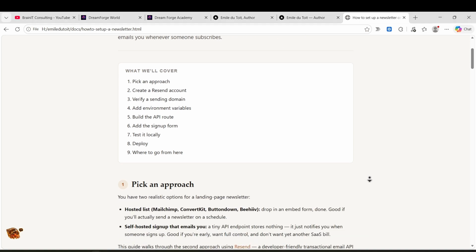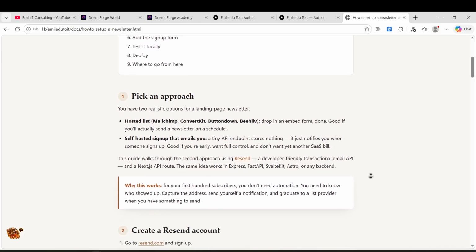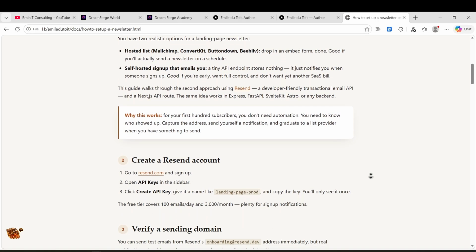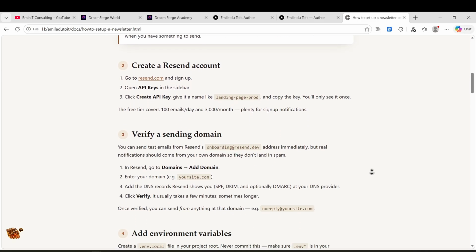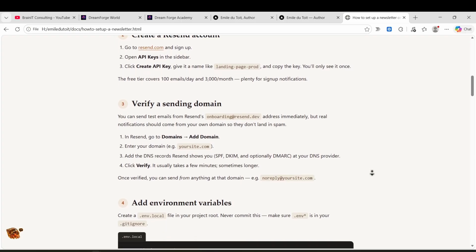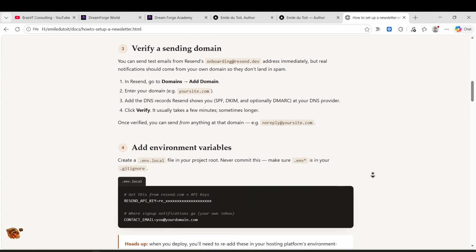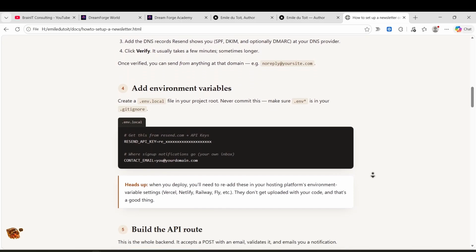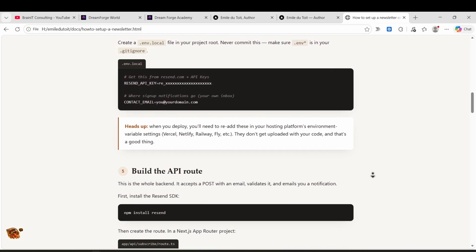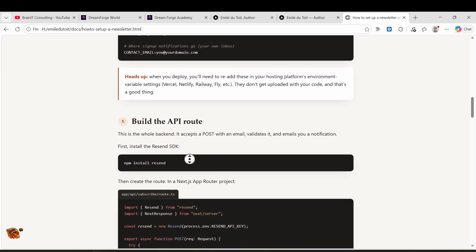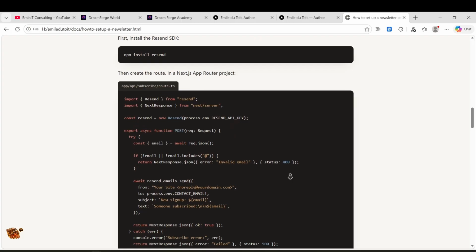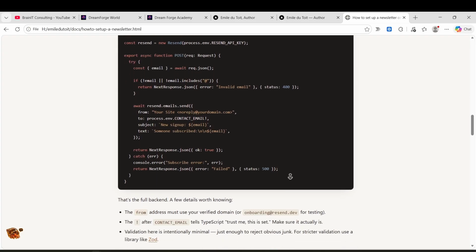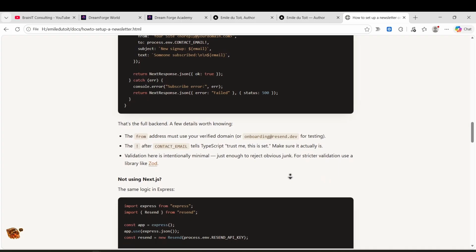But the overview, various options that he's providing, how to create your account in Resend. Most people will be able to follow this on their own already. You go to resend.com. You have to update your environment. Never share your API keys with people. You're going to use npm install resend to install it. And then create a route. Now you can give this code to the agent and he will do it for you. You don't have to type out the code.